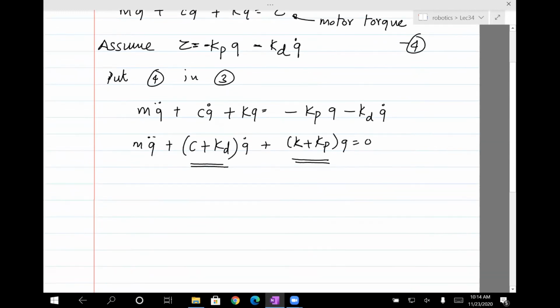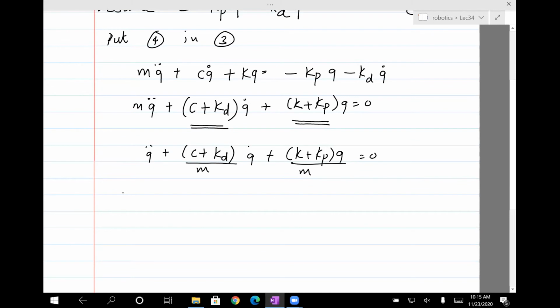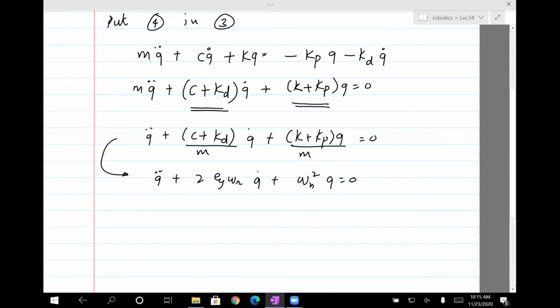So now what we can do is rewrite the equation in the form we wrote earlier: k plus kp times q equals 0. And remember, we're trying to get this in the form q double dot plus 2 eta omega n q dot plus omega n square q equals 0. Okay, so what we said is for the system to be critically damped,